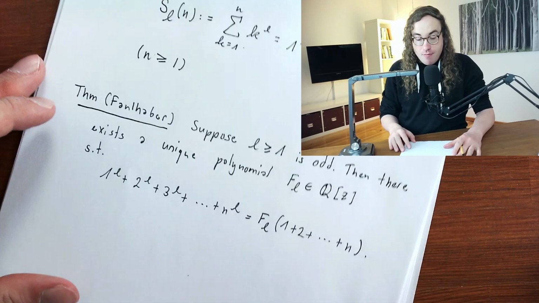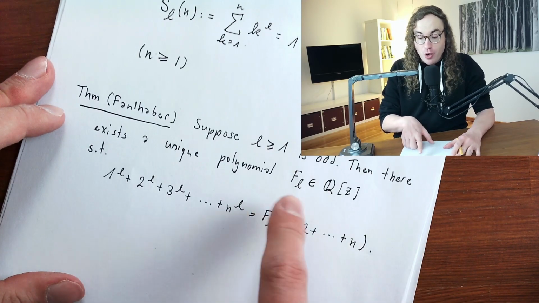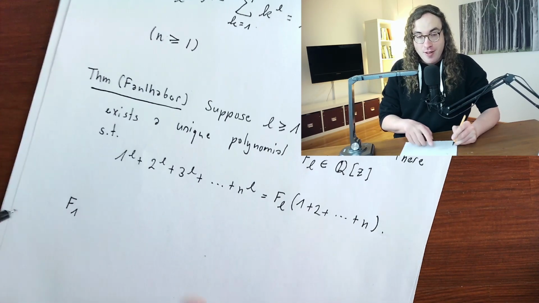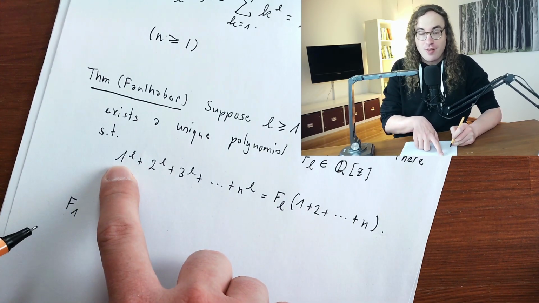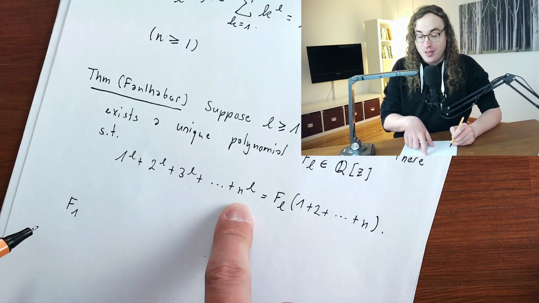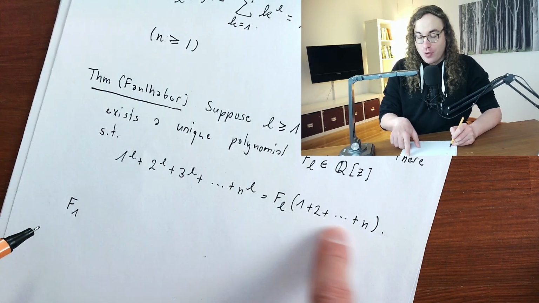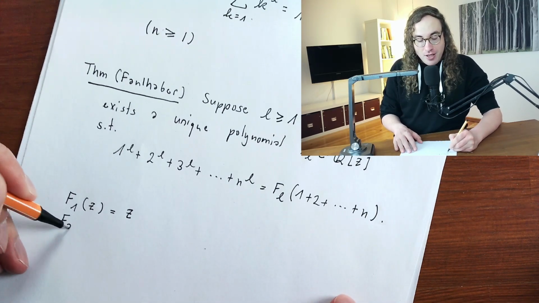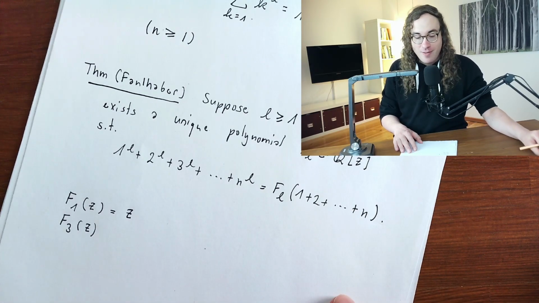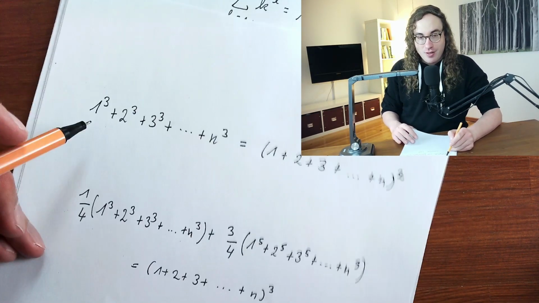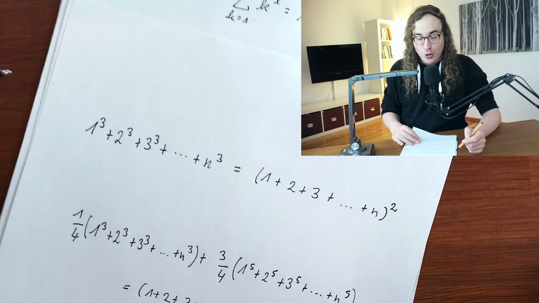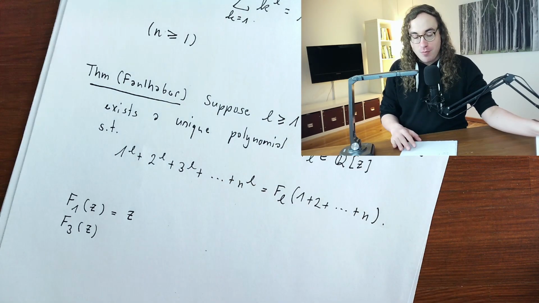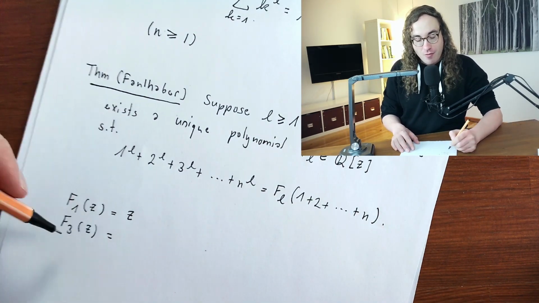So let's prove this, and maybe first let me show you that we already know F_L for two values. F1 is pretty obvious, because if the exponent is 1, then you just have the sum 1 plus 2 plus 3 and so on till n. So that's just the same expression as you have here. So F1 of z is the identity, and F3 of z, well, I just showed you this example. If you just add all the cubes, you just have to square the sum of the integers. So this means that F3 is